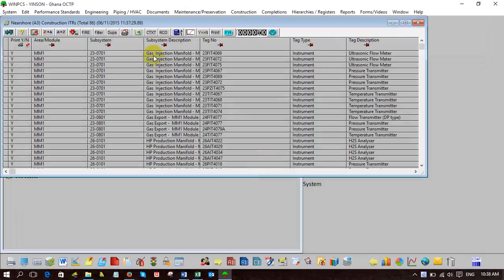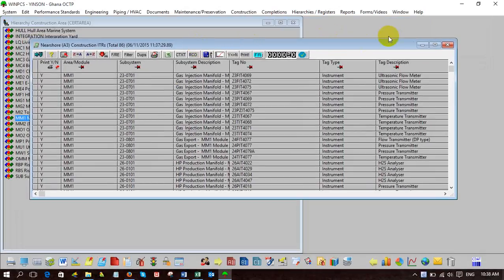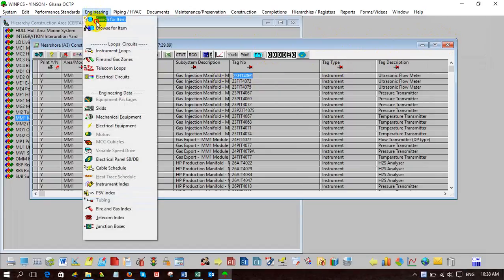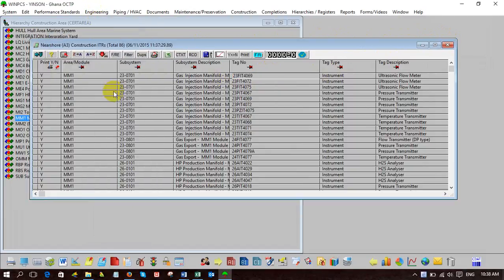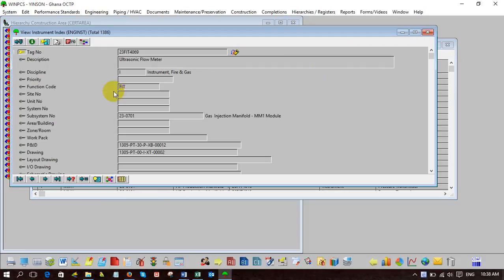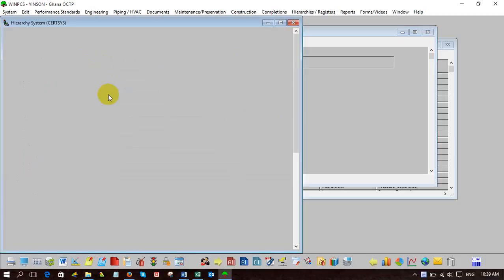Okay. How to open one? You want to open one, I give you example. For example, you run this already. So you want to open one. This one you copy, Control C. Then you go to engineering, search for item, paste. Then you go direct to the IT. So every time you do a search, this small menu comes out here. You click this button here. This one is to open the hierarchy. It will tell you where this equipment sits,